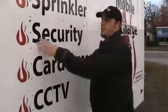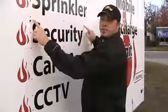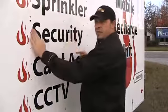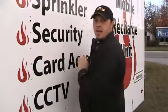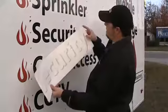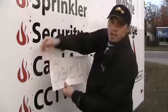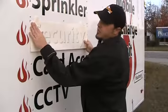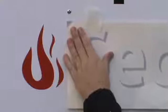Now, as I mentioned in the beginning of the video, there's these little black pieces right here. It's like registration marks. You just line these up, and when you lay it, it should just lay down right where it should be. In this instance, my other color is going to be gray. And if you see, I left two triangles of the same color. These boxes were made the same size, so if I just butt the corners up, like so,